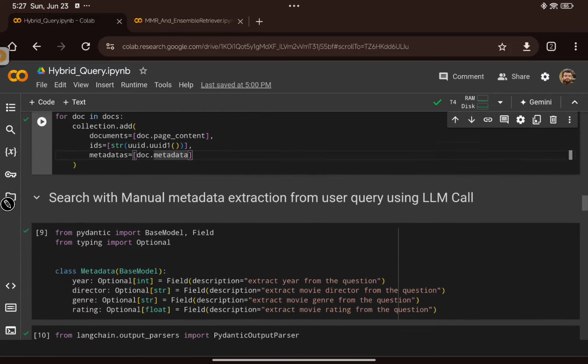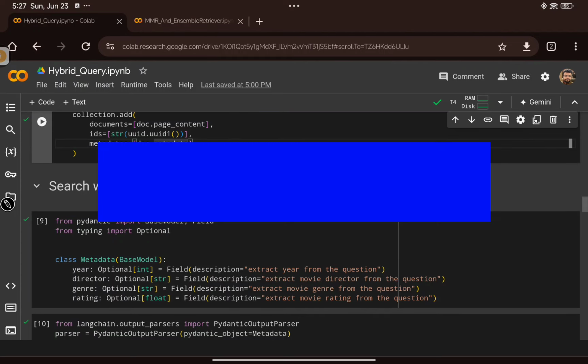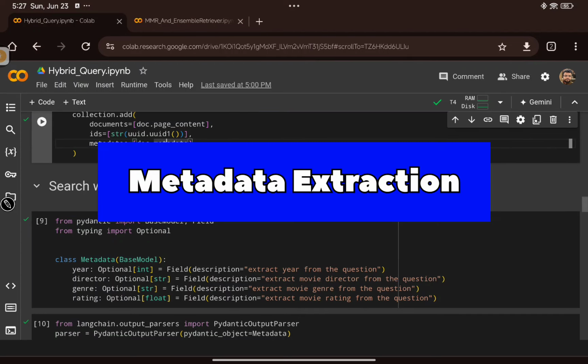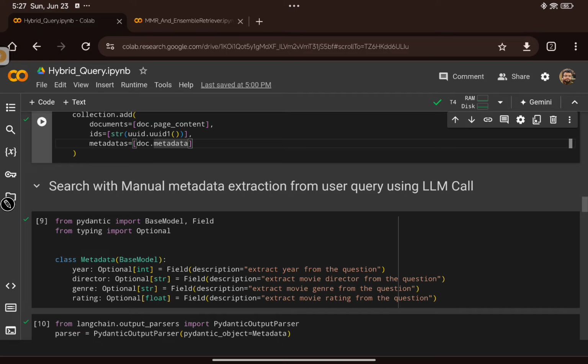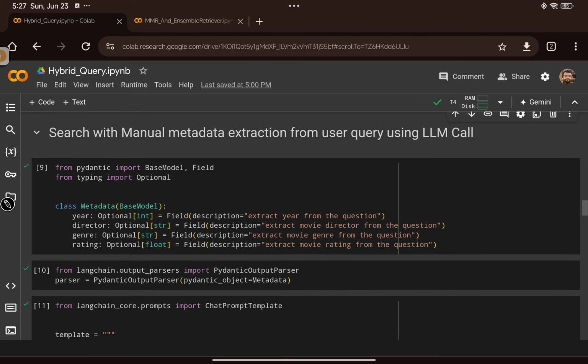So what we are doing here is a kind of entity extraction. We will try to extract what metadata is present in the user query. For that, I am creating a pydantic class, which is nothing but metadata, where I am mentioning what metadata is present, and also giving the description of each of these fields, and I'm making all these fields optional. Then I will create a parser out of that class using the pydantic output parser,